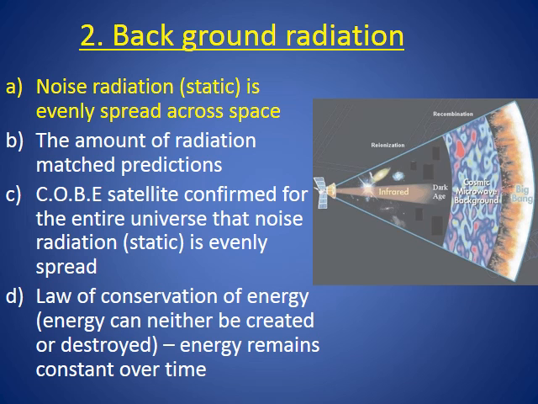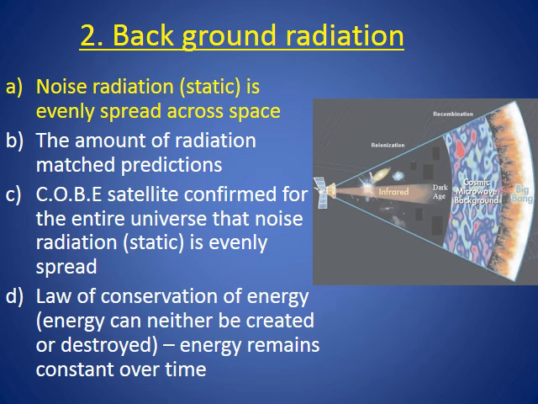The second form of evidence for the Big Bang is this thing called background radiation. So this noise radiation, the static that's evenly spread across space. And if you think back to the law of conservation of energy, energy can neither be created or destroyed. That energy still remains out there, constant over time. So we have this satellite, it's called the COBE, and it confirmed that the entire universe has an even noise